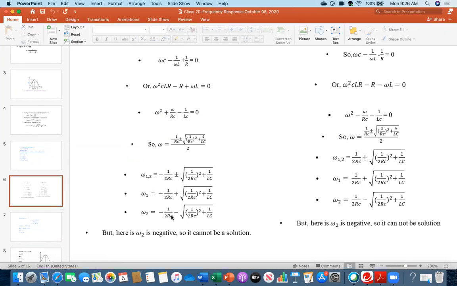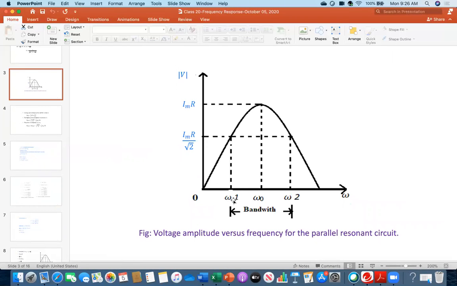Okay, Julian, first look. What we are doing, we are trying to find out the value of omega 1 and omega 2 here. So definitely those should be positive numbers, right? Because the 0 is here and we are going to the right side. So omega 1 and omega 2, nothing is plotted on the left side, they're on the right side. So definitely omega 1 and omega 2 should be positive numbers, right, Julian? Yeah, I think I just got confused when I saw the answer.